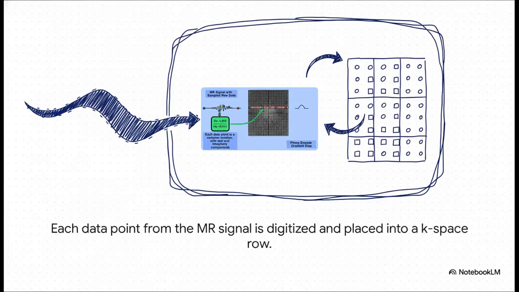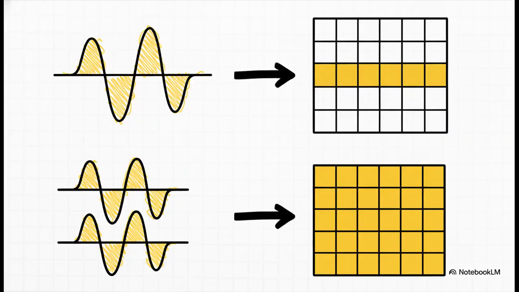Now, here's the key thing to get. That echo isn't a picture. Not yet, anyway. It's just a wave, a stream of raw data. The scanner's job is to listen to that stream, sample it, and carefully place those data points into a big grid. And this is the absolute rule. One entire echo is used to fill one single row of K-space. It's a direct one-to-one deal. You get an echo, you fill a line. That's it. So if you want an image that's 256 pixels high, well, you're going to need 256 echoes